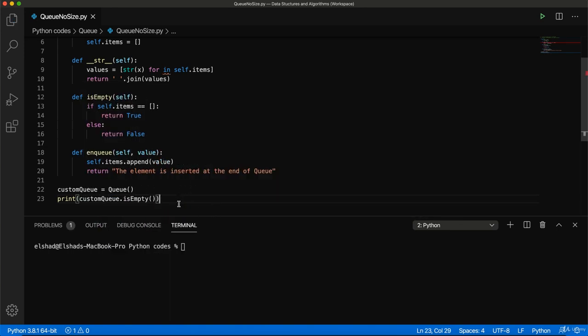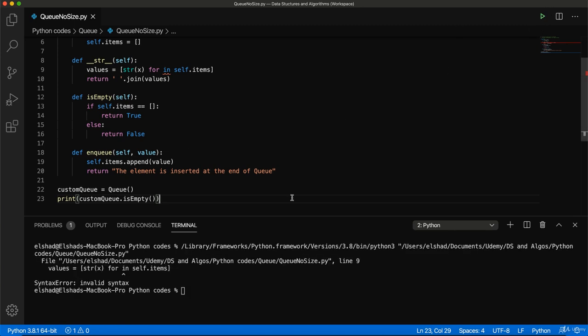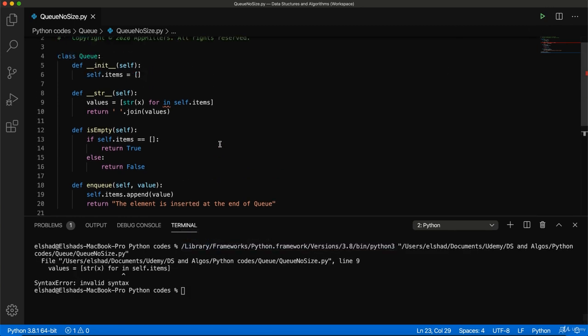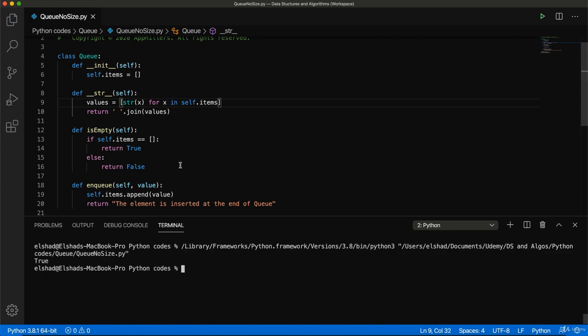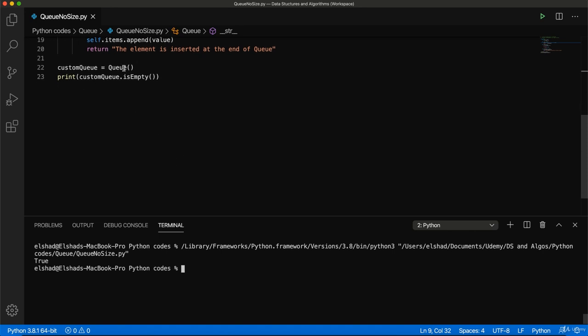So let's run our code to see if this is working properly. Then I will check the enqueue method. In this case, if we run it, you see that we have a problem over here. I missed putting X over here. So if we save and run it, you see that in this case it returns true, which means that our